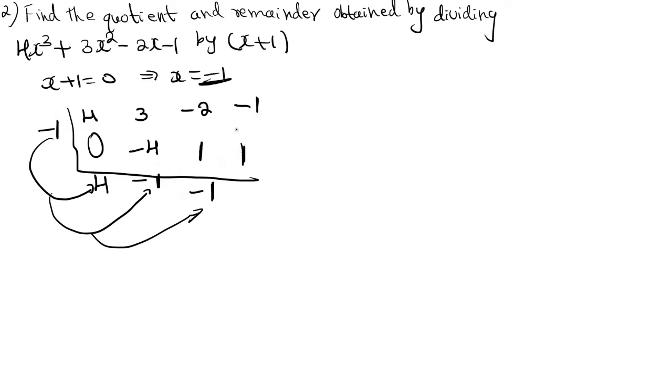Simplify, minus 1 plus 1 get cancelled. So, what's the remainder? It's equal to 0. So, quotient is equal to 4x square. After dividing, cubic equation will be converted into quadratic equation. So, 4x square minus x minus 1. And what is the remainder? You can see the remainder is equal to 0.